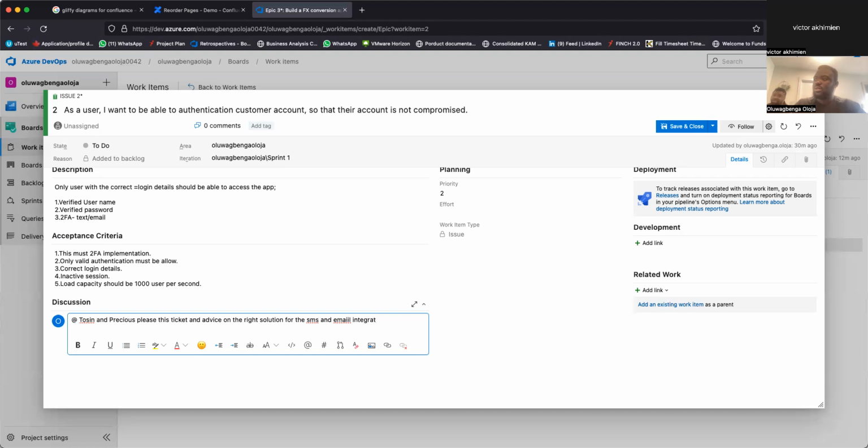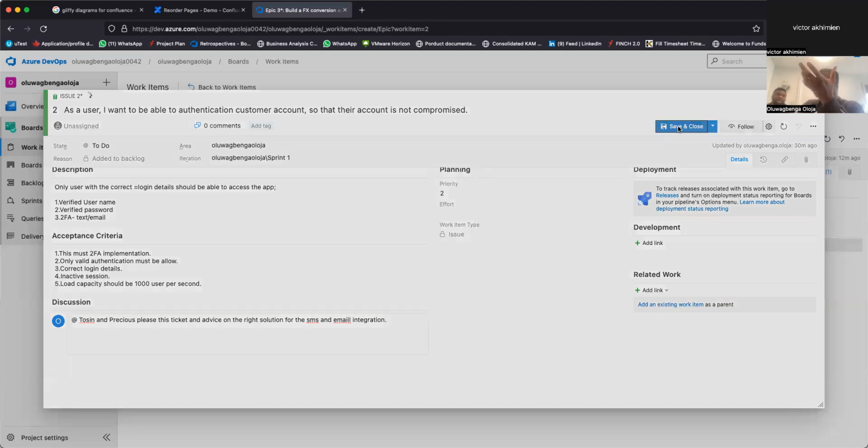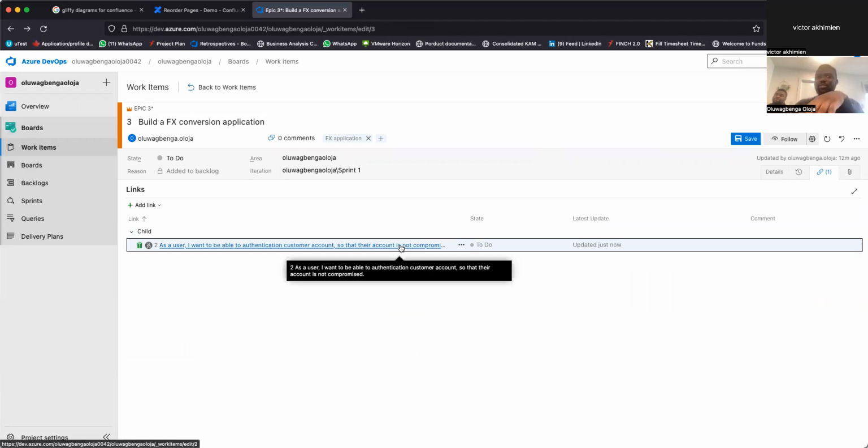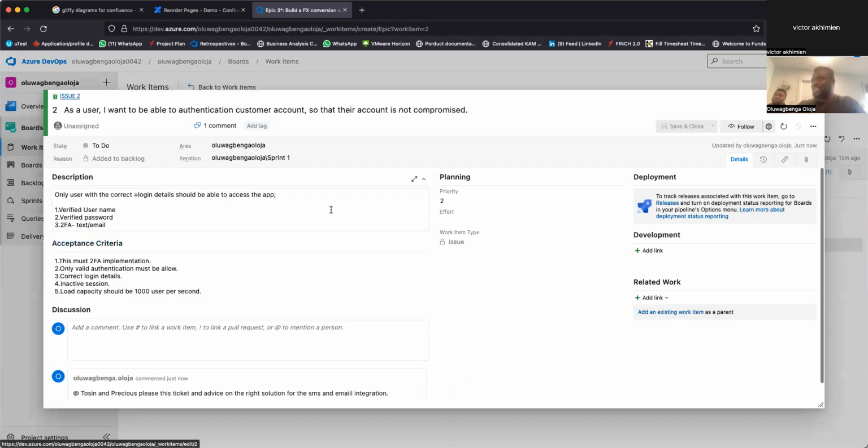So most likely this will lead to creating another story, which you might call an enabler story, because the developers looking into it need to do some research. Exactly, so they call them spikes or enabler stories. So this is still in my backlog. We can discuss and say this story is too big, actually. This story has many things now.